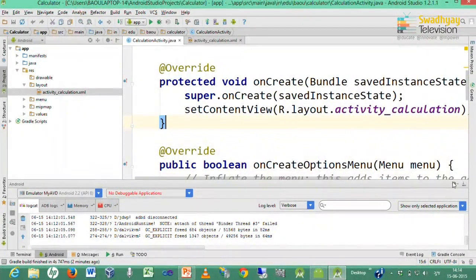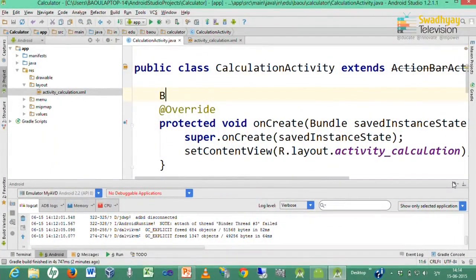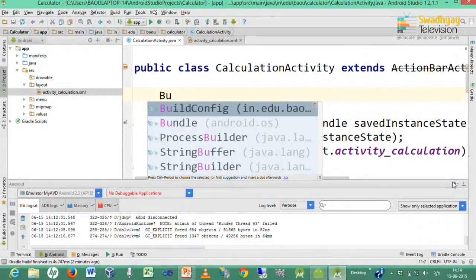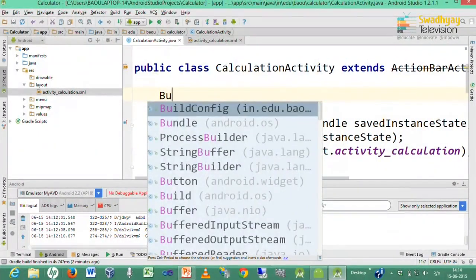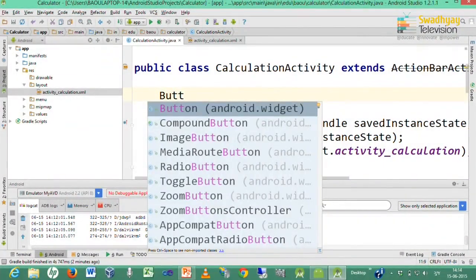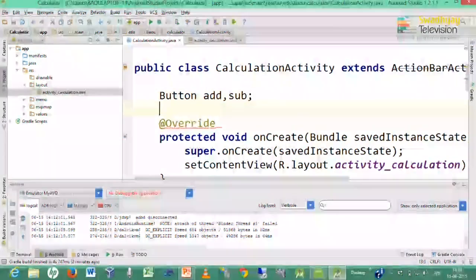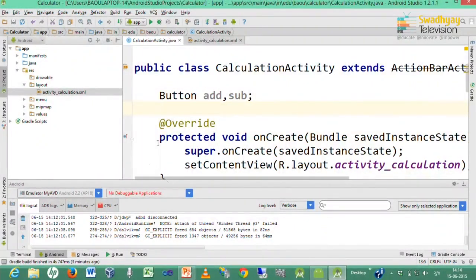So, by specifying these, it will display this layout file. So, here we declare objects of type button because we want to handle button events. By pressing control space bar, it will automatically display. So, here I declare buttons with names add and sub. These are two objects representing our buttons in the interface.